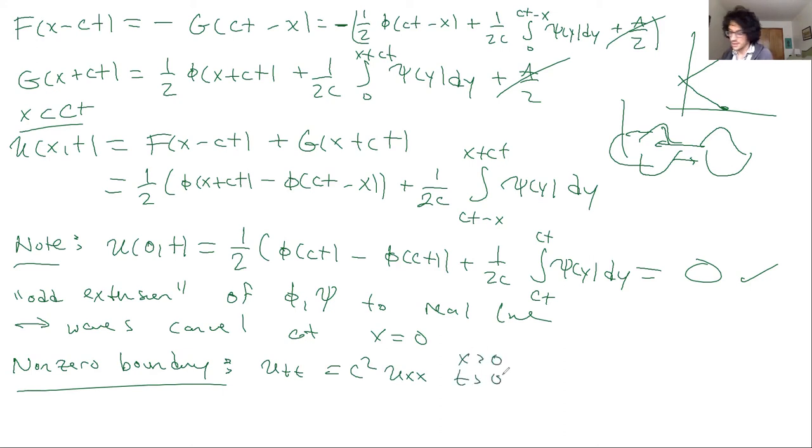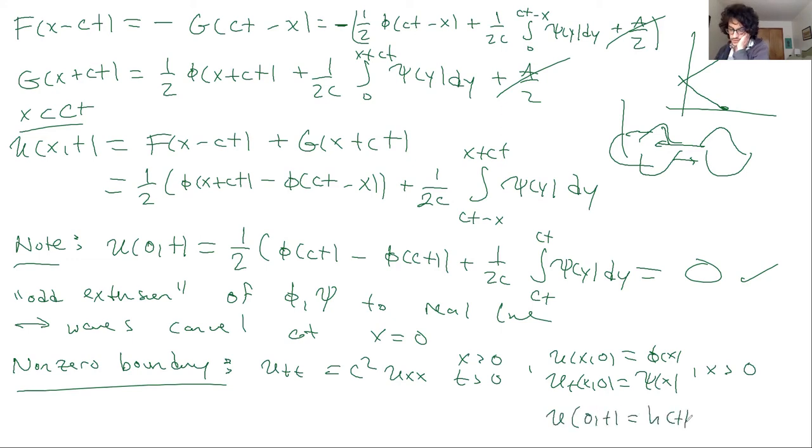Again, let's say we're in the quarter plane, and we have initial conditions in position and velocity. And let's say that we have that u(0,t) is equal to h(t) for t greater than 0. In this case, you have an additional term